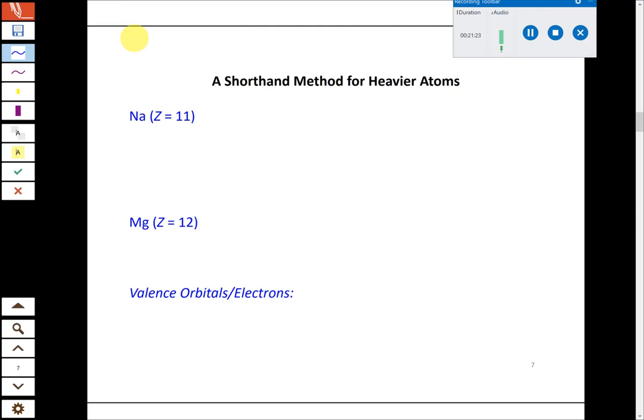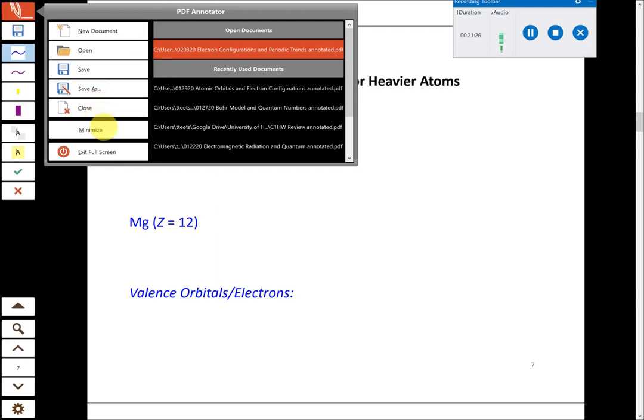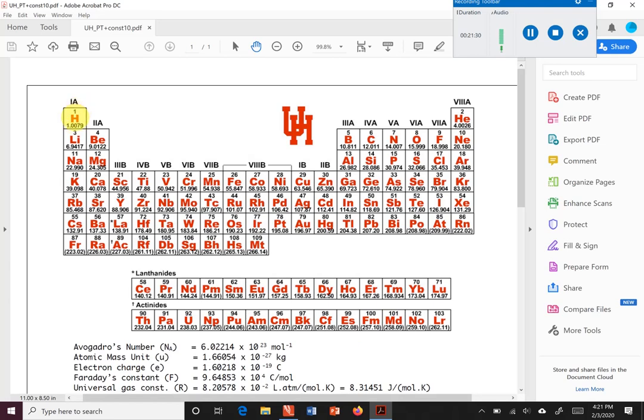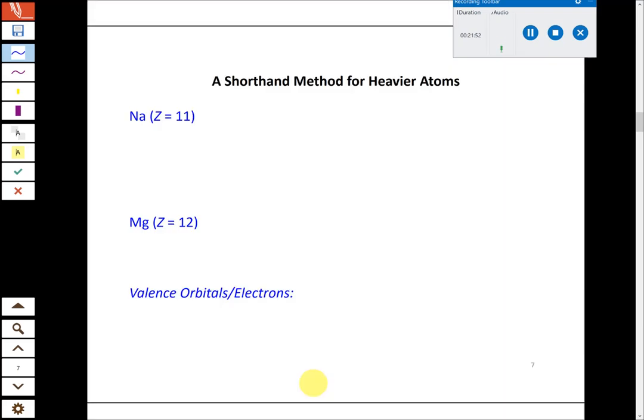So if we did Na, which is sodium, if we want to do the full thing, we can. This one's not too bad because it's only 11 electrons. But the full configuration for sodium, we start at the beginning and work our way up to 11, which is Na. It's going to be 1s2, 2s2, then we go to the 2p block, 2p1, 2, 3, 4, 5, 6. And then to get to Na, that's in the 3s1. So if we write that out, that would be in its full form: 1s2, 2s2, 2p6,